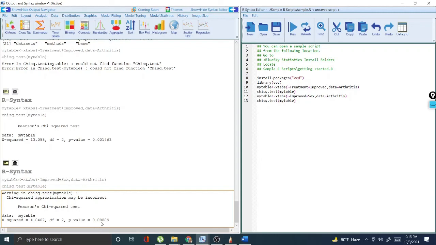So by looking at these two results, we can understand that in Blue Sky Statistics, by the drag and drop option you can use cross tab, you can use the chi-square test, and you can also run R syntax using the Blue Sky Statistics platform, just like RStudio, to find the information, and then you copy it and paste it to your Word file. How interesting is that, my dear learners, right? All you have to do is press hide and show syntax editor, and you can type in the R syntax editor, simply select the whole thing that you have typed and then press run. It will appear on the left hand side portion as the result, and then you can interpret accordingly.